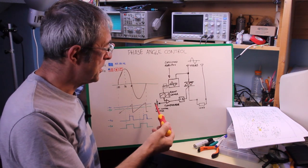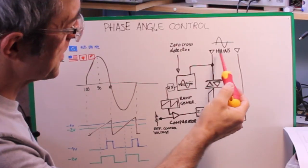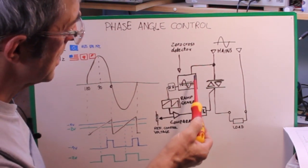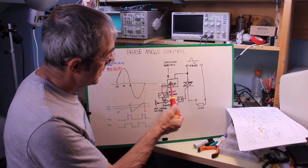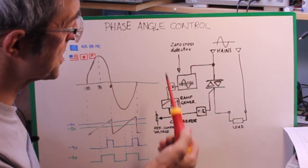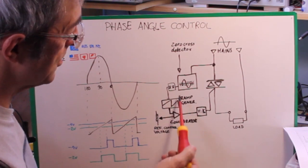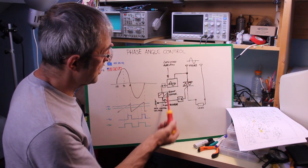And this is a crude schematic of a phase angle controller. Here we have the mains that goes to the triac and then through the triac to the load and back to the mains, and a branch of the mains is used to go to a zero cross detector that detects when the phase starts, and when the voltage goes below a given threshold, a pulse is generated. So the pulse will tell when the phase starts, and through an opto isolator the pulse is fed to a ramp generator that will generate a ramp that is synchronous with the phase of the mains,